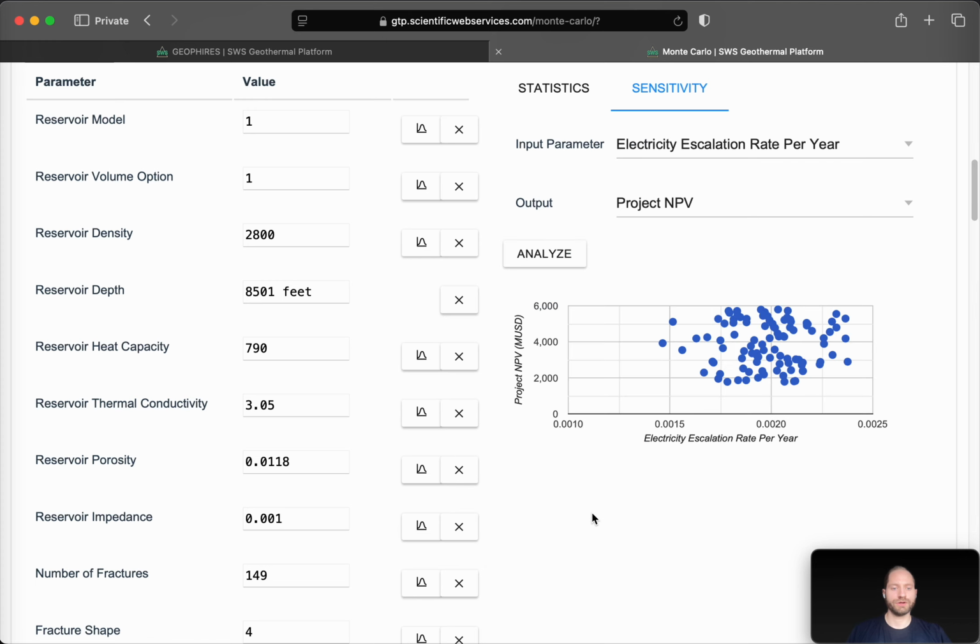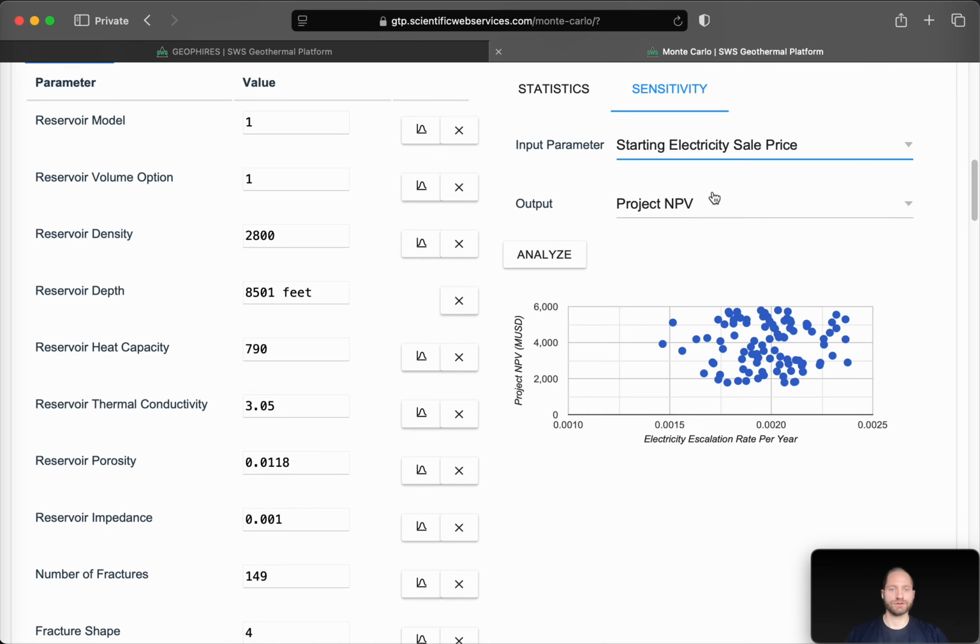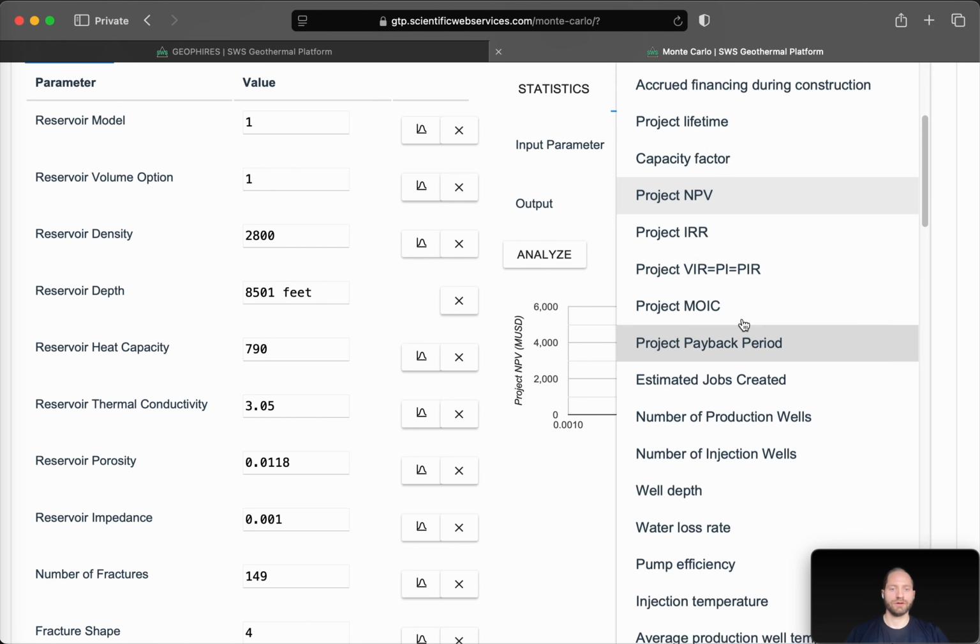And we can see here that electricity escalation rate had a much weaker or possibly no effect on the net present value. And that's because the relative escalation is less significant than the starting value that you're actually getting as a baseline and building on. So if we go back to our starting electricity sale price, and let's say that we want to look